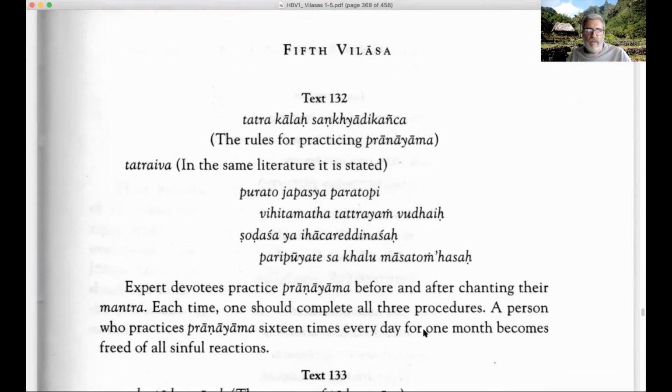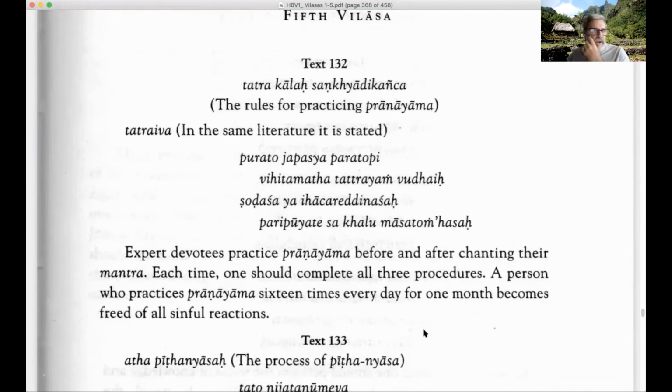Okay. So now the rules for practicing pranayama. Text 132. In the same literature as stated above, which means Kramadipika, this is very important: expert devotees practice pranayama before and after chanting their mantra.